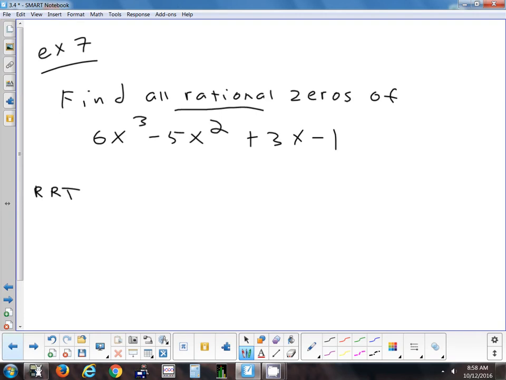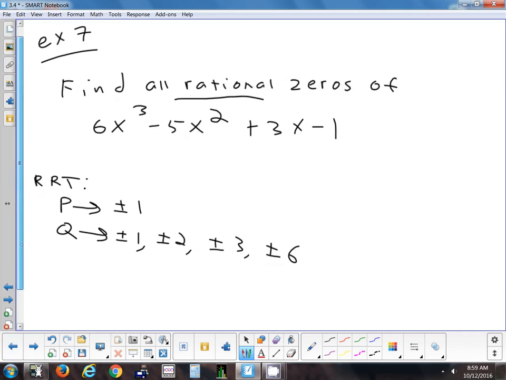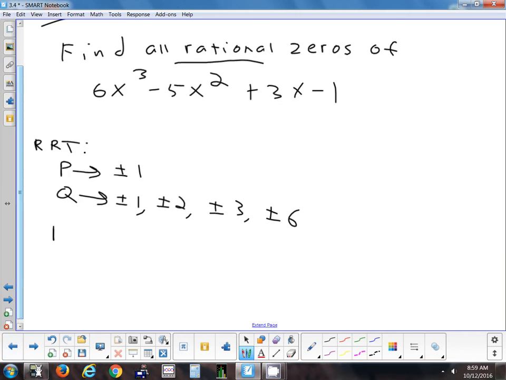So from the rational root theorem, what are my factors of P? That's it. What are my factors of Q? Plus or minus 1, 2, 3, 6. Yep, plus or minus 1, 2, 3, 6. Okay, so all my fractions of the form P over Q, let's write those out. We could have 1 over 1, positive or negative. What else? Yep, positive or negative 1 over 2, 1/3, and